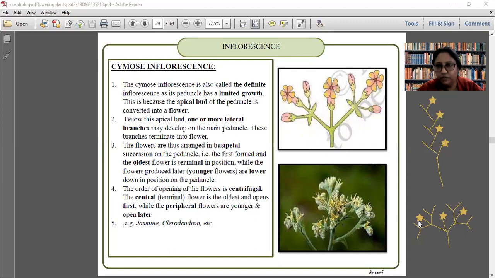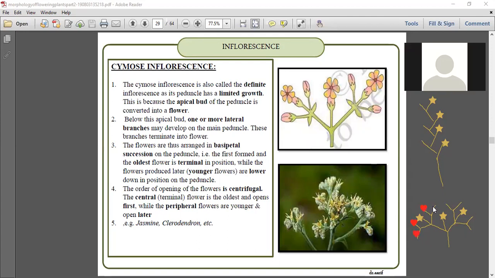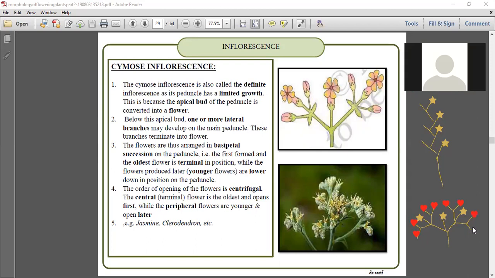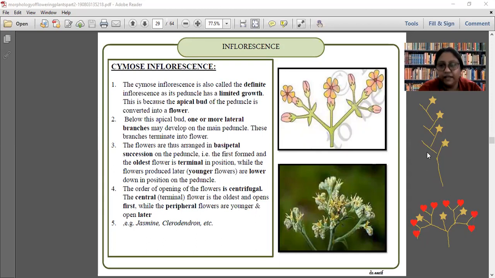You know about centrifugal force. Here, if you look into these two branches, अगर आप ये ब्रांच और ये ब्रांच को देखोगे तो मार्जिन में कौन रह रहा है, न्यू फ्लावर्स या ओल्ड फ्लावर्स? Consider these heart shapes are new flowers. Who is going to stay in the margin? New or old? New. So that's why it is called centrifugal arrangement. So you can see this is the difference. So it's always old will be present at the base and new one will be present at the top.